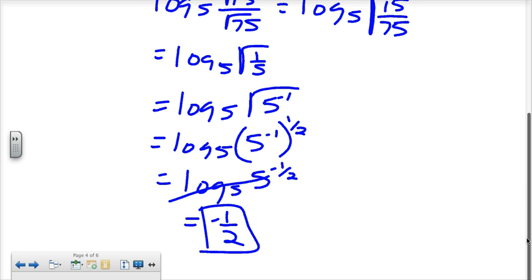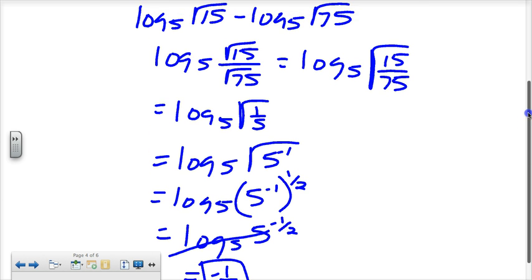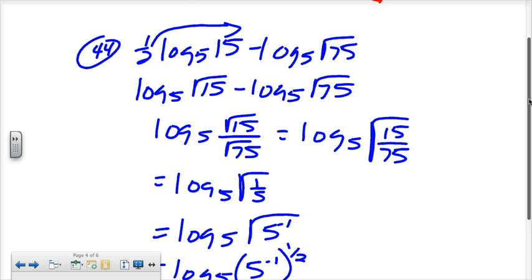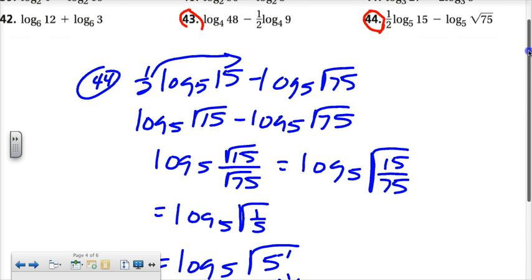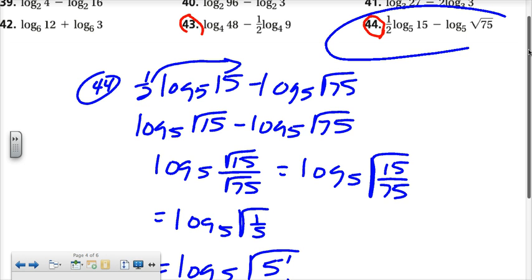So again, you need to go back up here and take a look at this and realize that this is a very, very fancy mathematical way to write negative 1/2. That is cool. All right, then